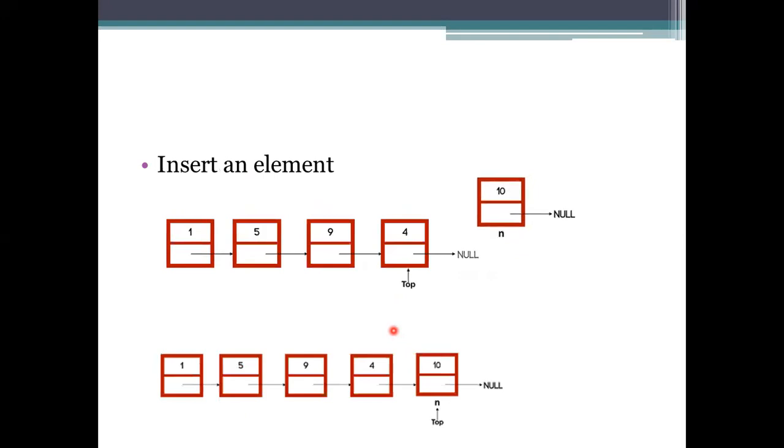If you want to insert a value after that, I insert the same value here. The top pointer has been moved to the right side, because this is the last value. We need to point to the last inserted value, meaning the top of the list has to be specified here, and then the list will be like this. So it will be very easy to create a node, or very easy to process a node. How we are going to access this, see,